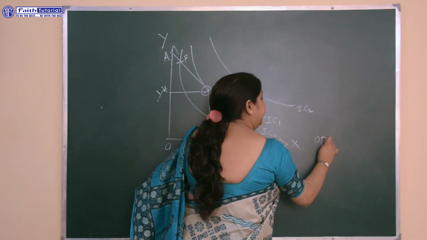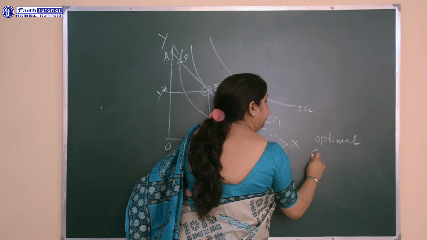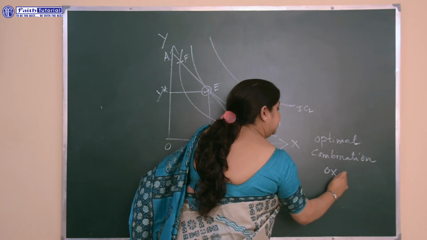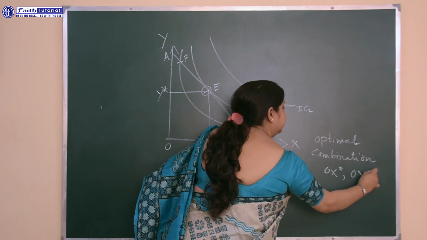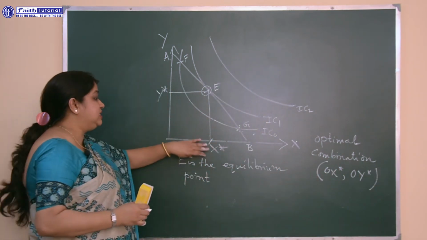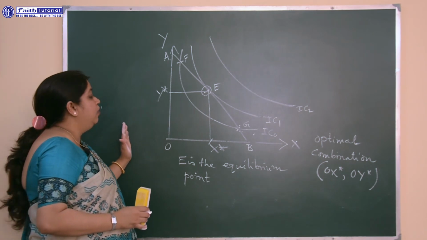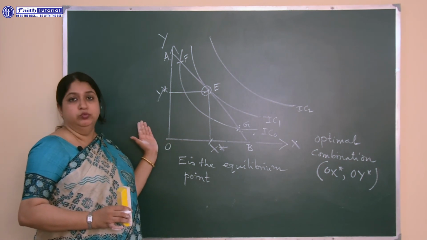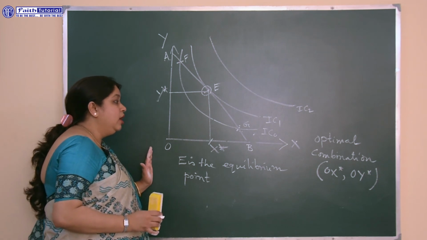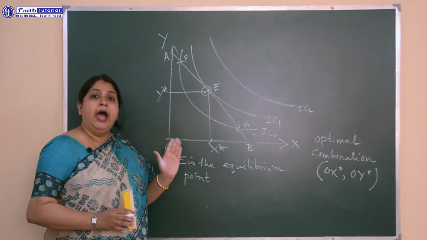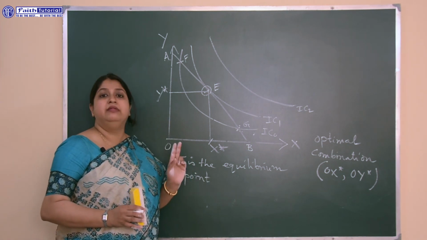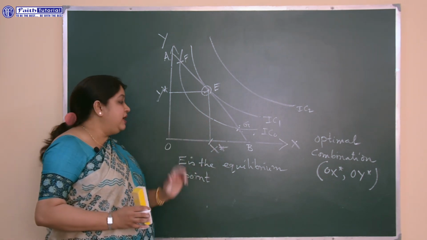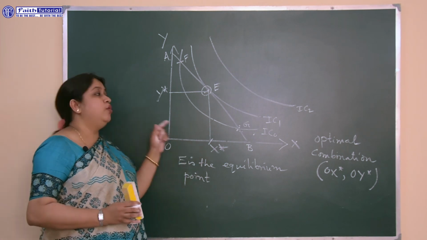Hence the optimal combination can be written as OX star, OY star. OX star and OY star is the optimal amount of X and Y which will maximize the utility of the consumer. Thus, we can conclude that when income is given and prices of two commodities are also fixed in the market, then the consumer can maximize utility by consuming OX star amount of X and OY star amount